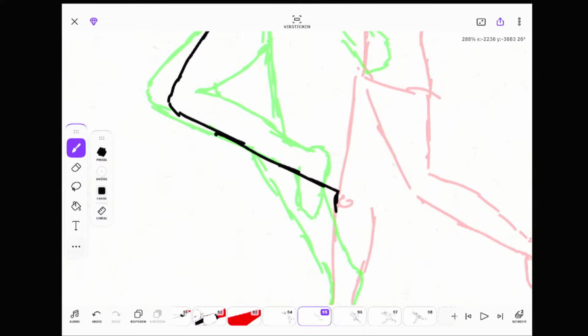So where it is good is a little bit further back.